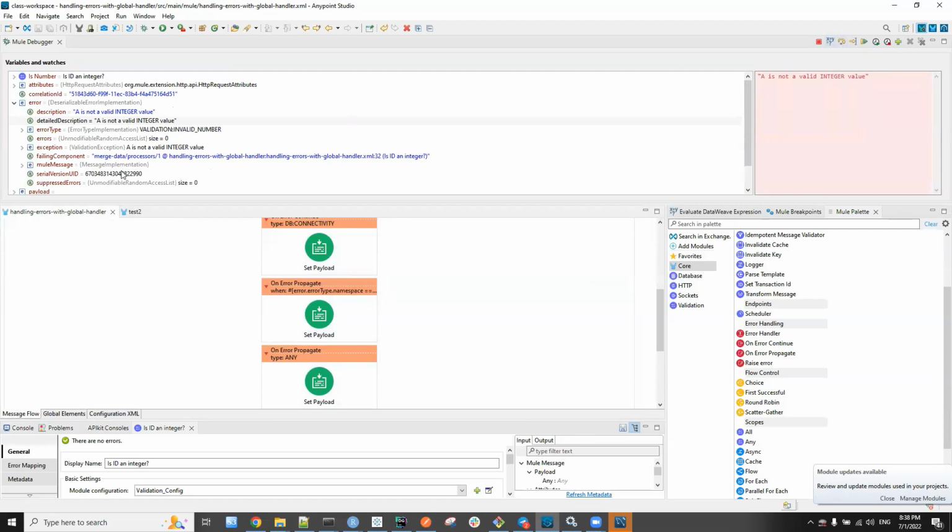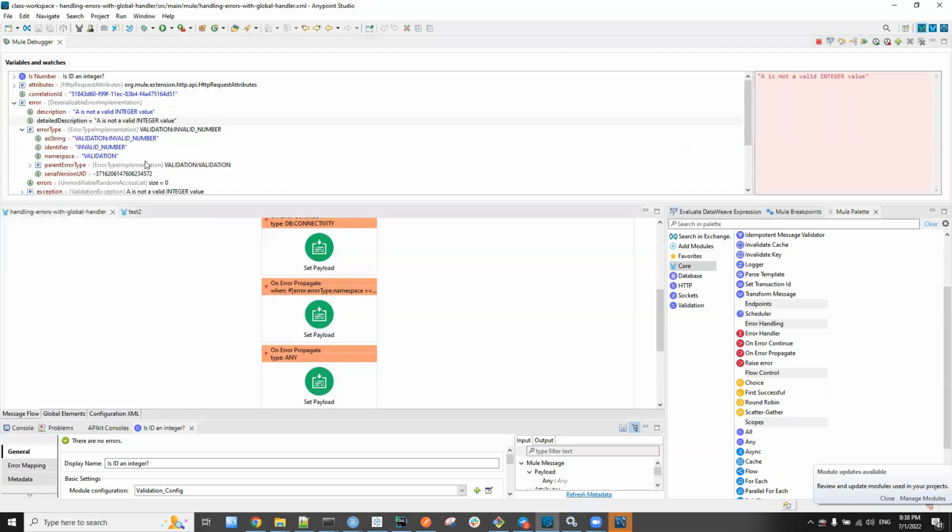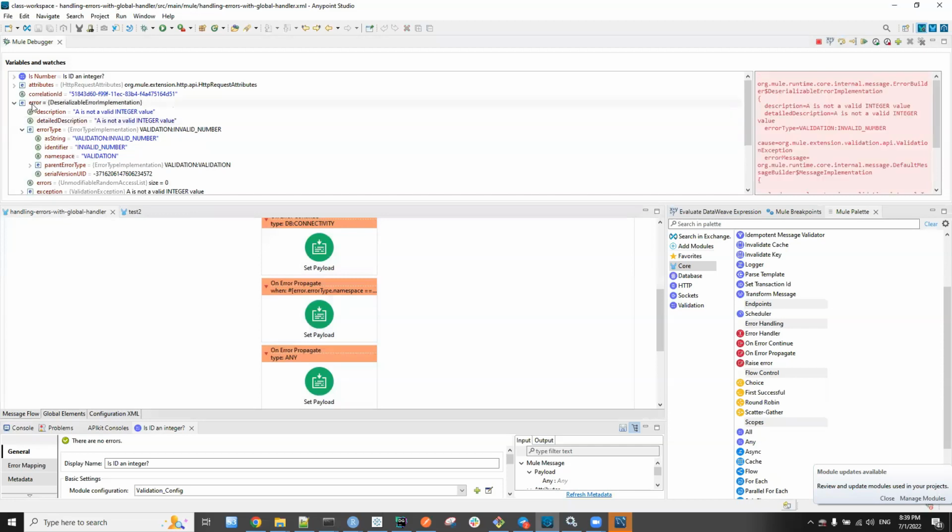Click next. You can see here, by the way, in the error type, we have the namespace. If I expand this, see the namespace validation. That's what we did. Error on the top, you see the error is here. The hierarchy, you can see the error, the hierarchy. To access anything under this, you just start from the top and you do dot error type dot namespace is validation.